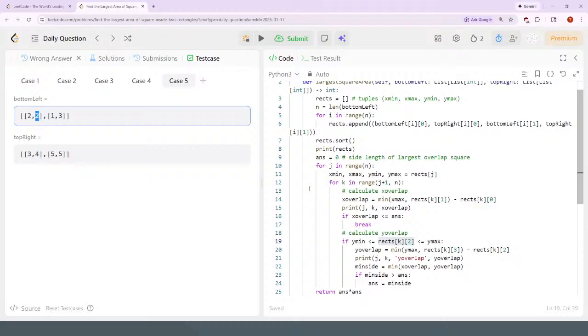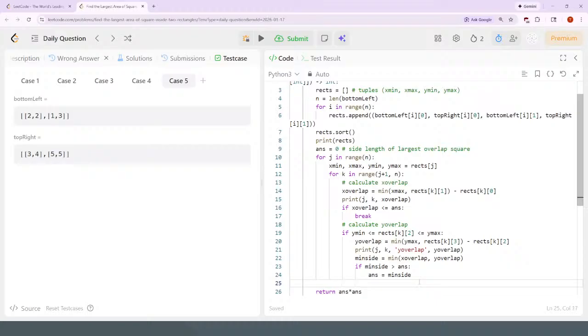So if the y min is between, I guess I can just do the reverse logic. I can do something like else. Would else here work? Else if rectangles at k